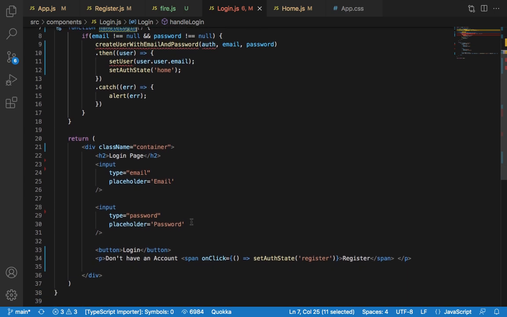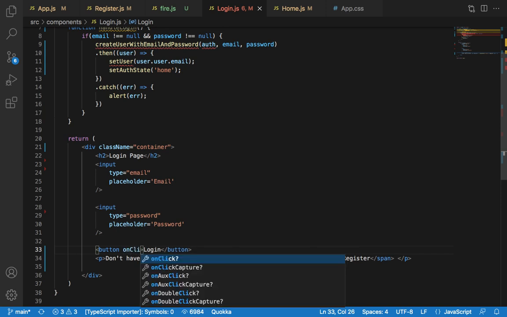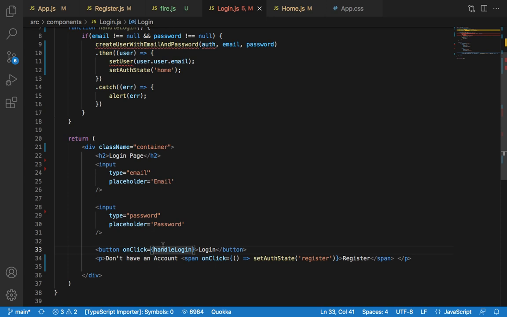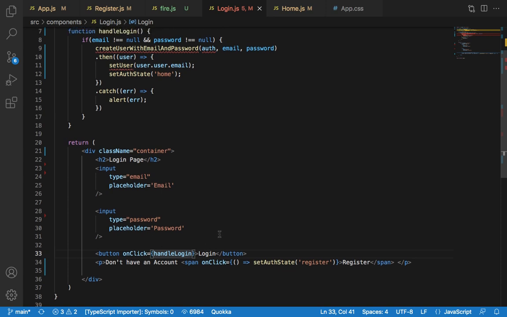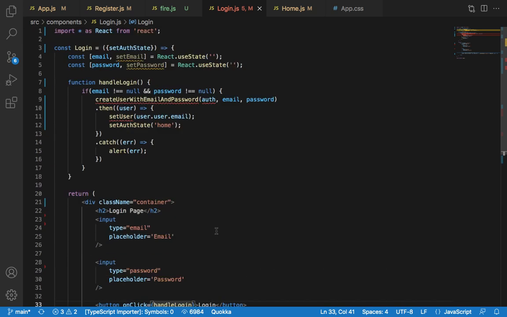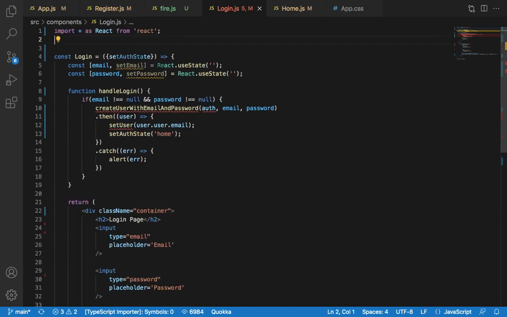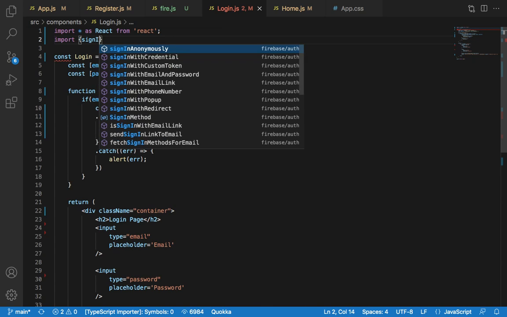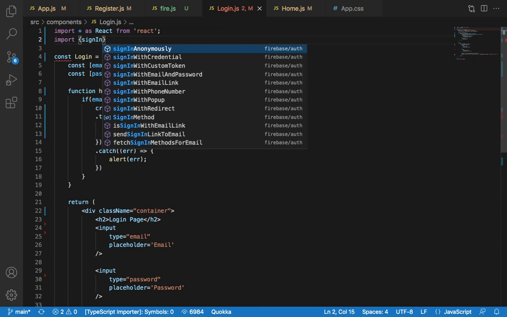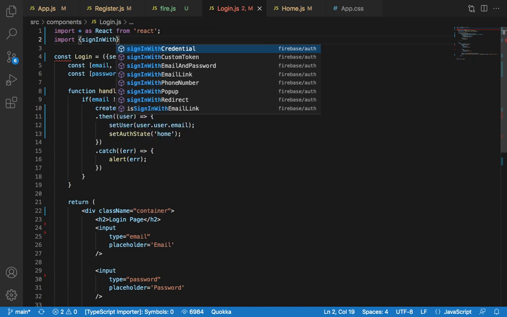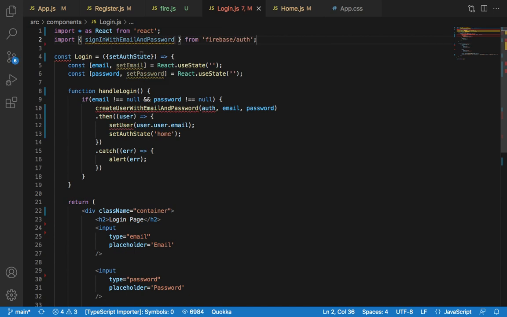So here on click, it will be handle login, and then we'll need to import something here. Import sign in with email and password from Firebase/home,